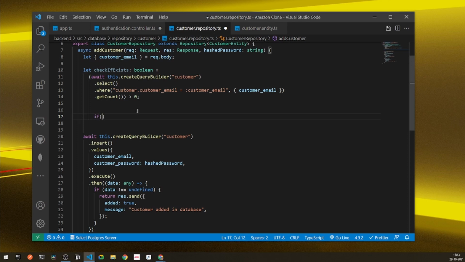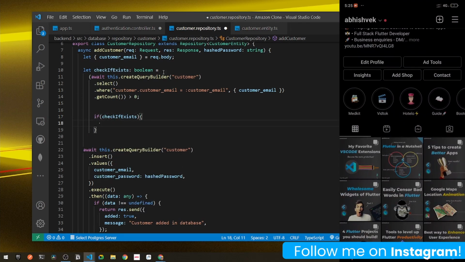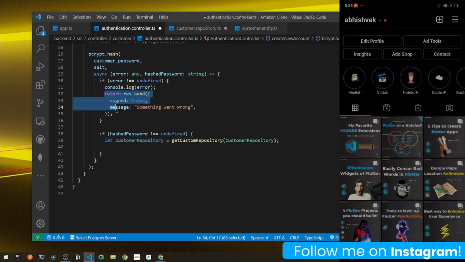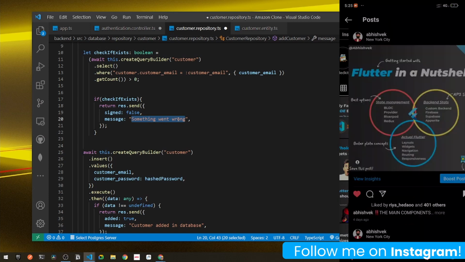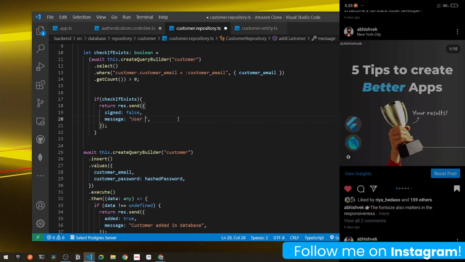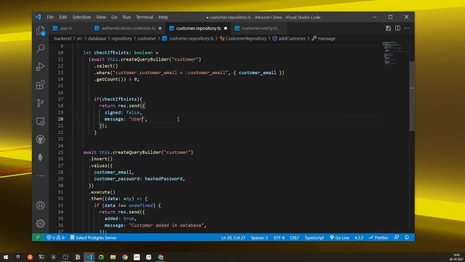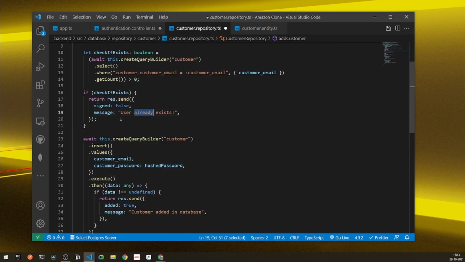So right now what I can do, I'll simply say if check if exists, if the user exists, we can take the response and paste it here. I'll simply say sign to be false, and then I'll say user already exists. Right. If the user already exists, we will be sending this message.